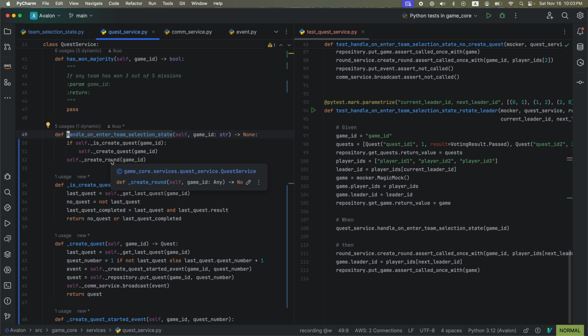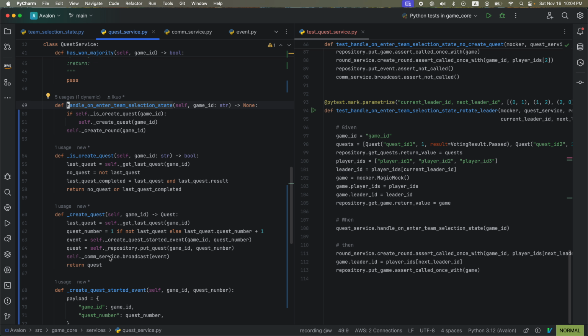It's a placeholder for what will be used to record the quest results and everything. So with this create round, we actually have to deal with a couple of things. Same as here, so we need to create a quest, we need to put an event, we need to broadcast that the